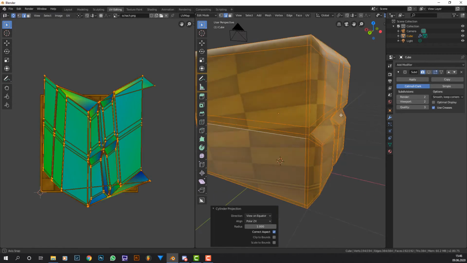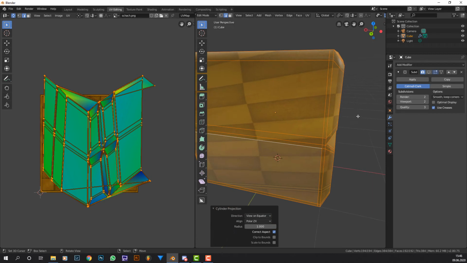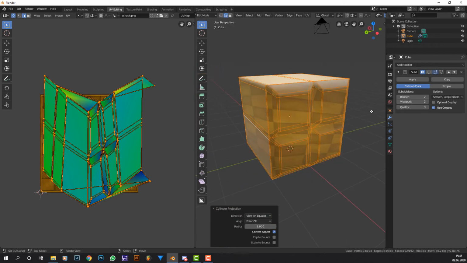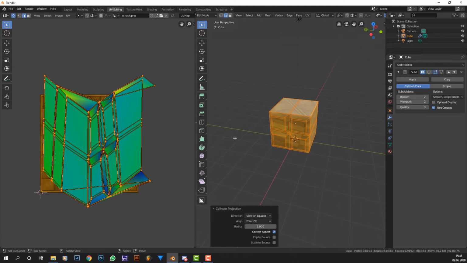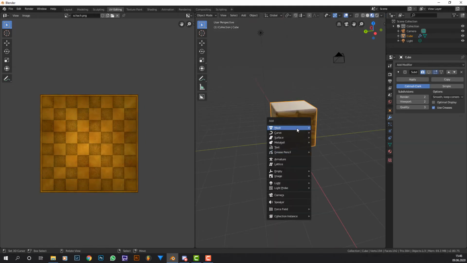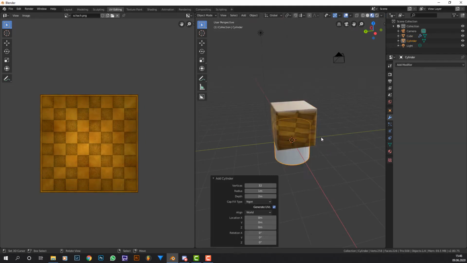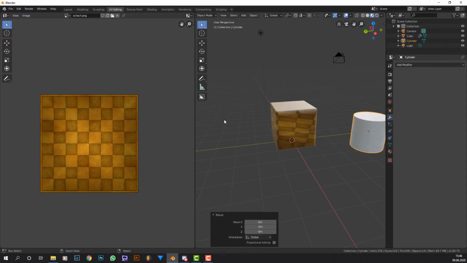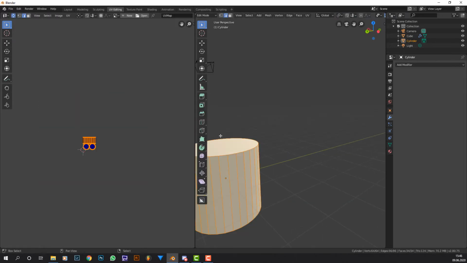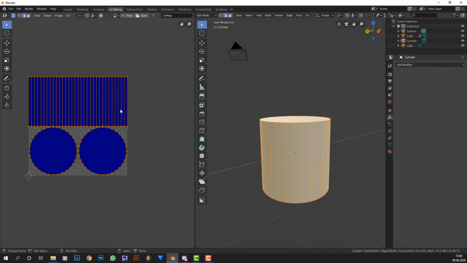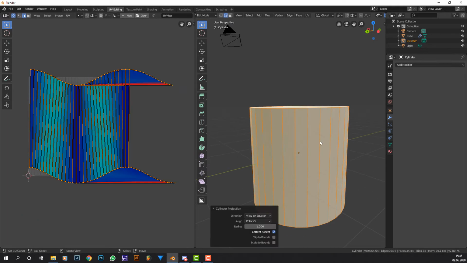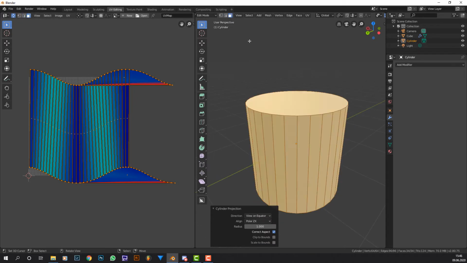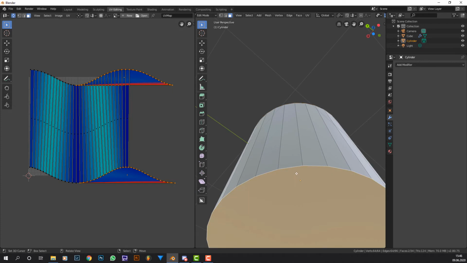This is a mess. This is a complete mess, because this is more resembling a cube than it is a cylinder. And basically, if I take a cylinder like this and move it right over here, we have perfect UVs, but let's just hit U and Cylinder Projection. We can see it's not really good either. If we take off these caps,